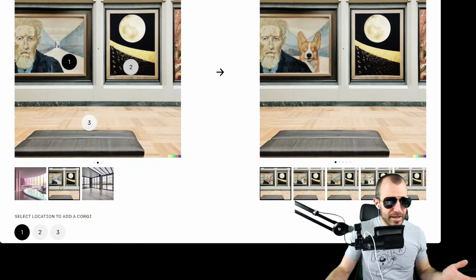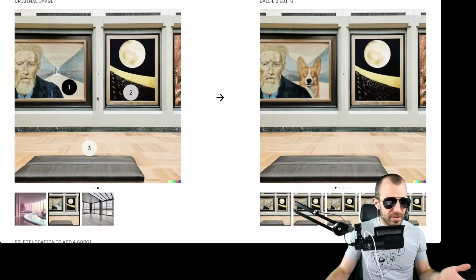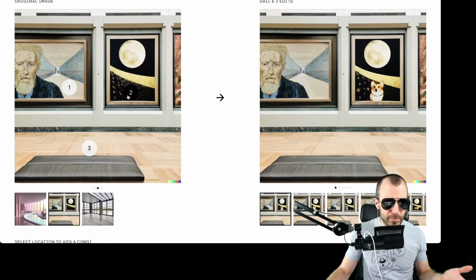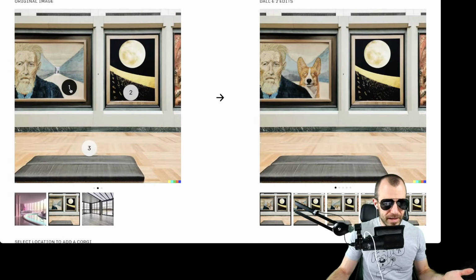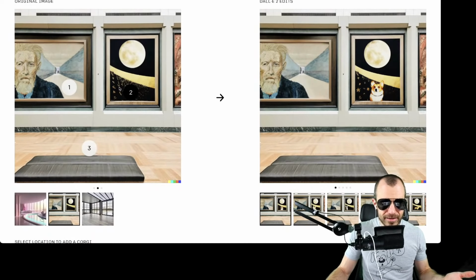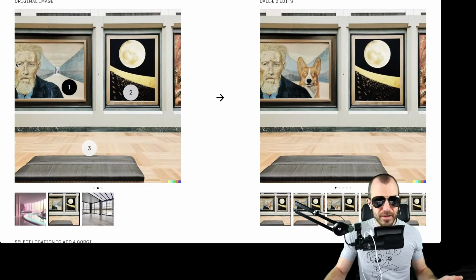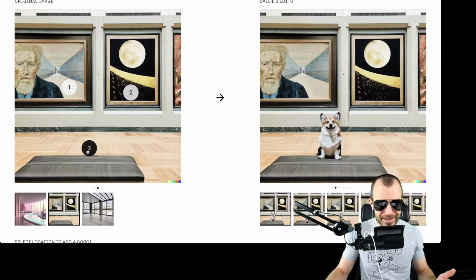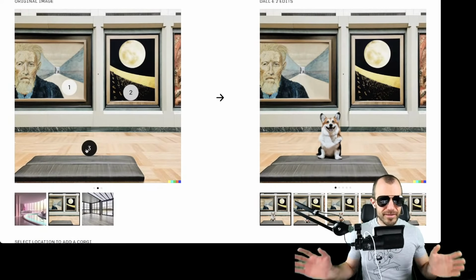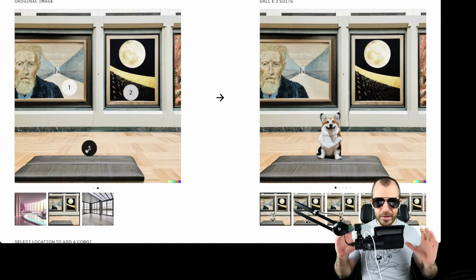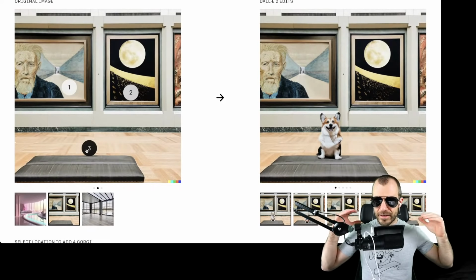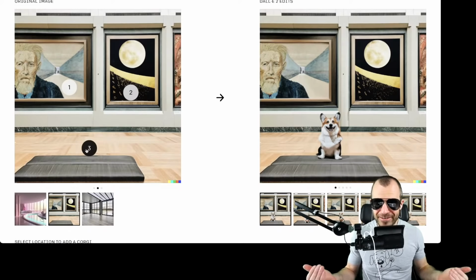Let's say add a corgi. Again, this is the original image on the left, and then you select the location, and the prompt is to add a corgi. Now, notice that the style of the corgi changes depending on where it is, right? The left is like the self-portrait of, is this the self-portrait of Van Gogh? I'm not sure, but if you add the corgi here, it's actually a real corgi, right? So it's super powerful because it looks beyond, like it